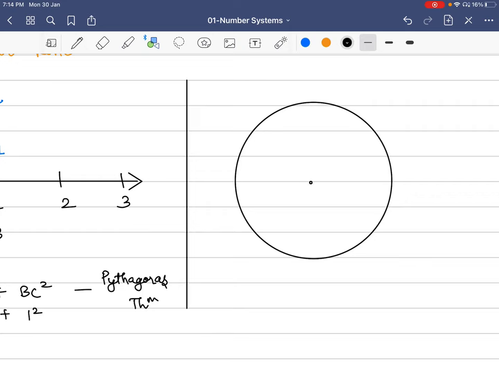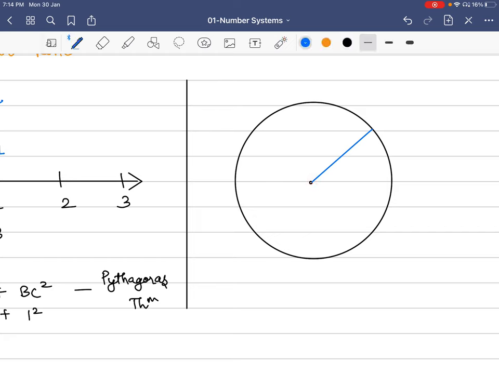This is the center of the circle. Now consider this is the radius of the circle. Let me use a straight line. Now if I keep a compass with the center at this point, and if I move this radius down,